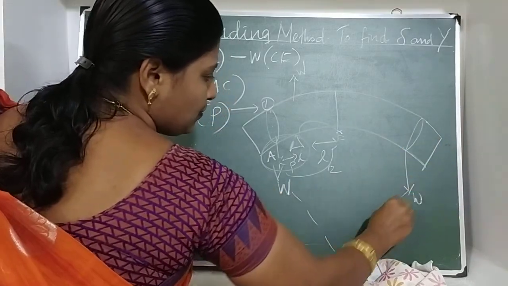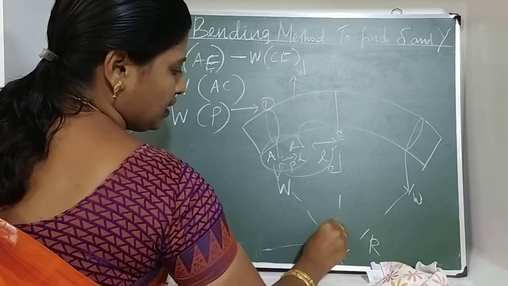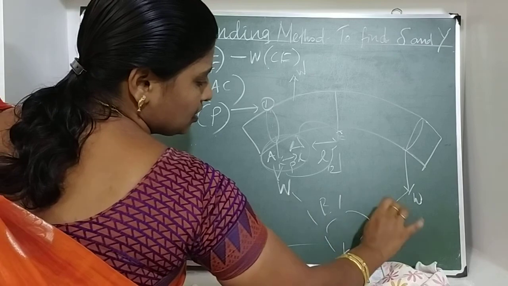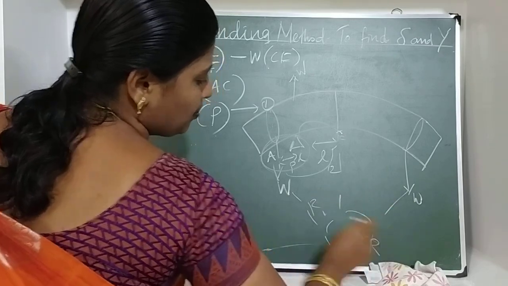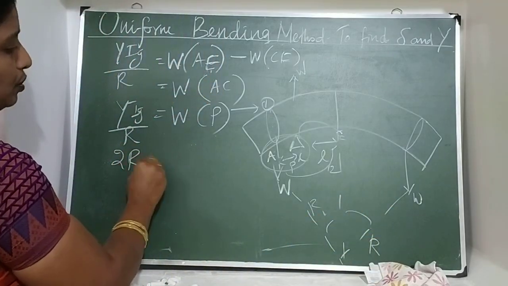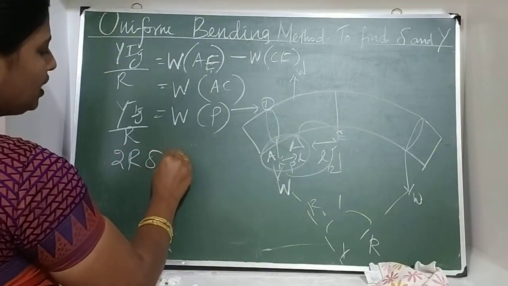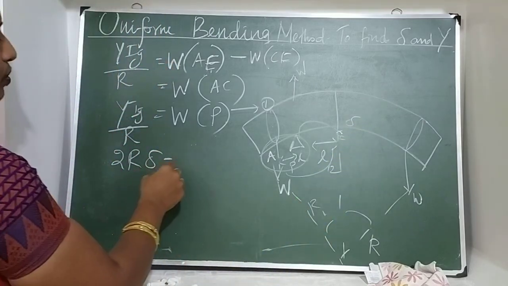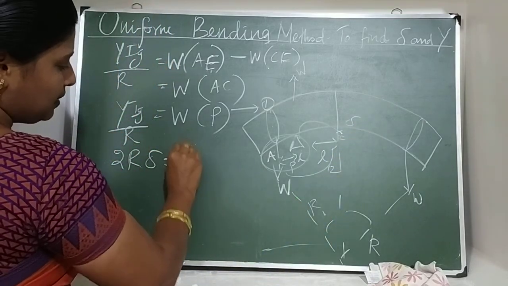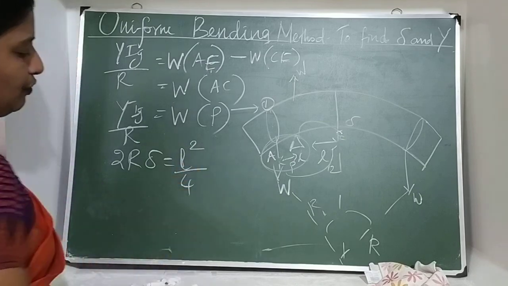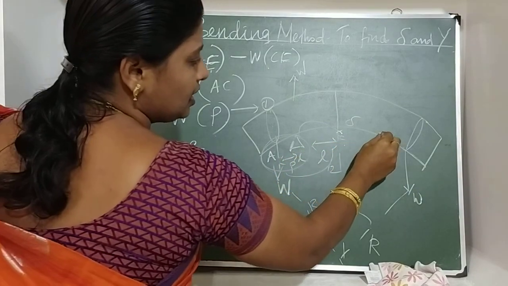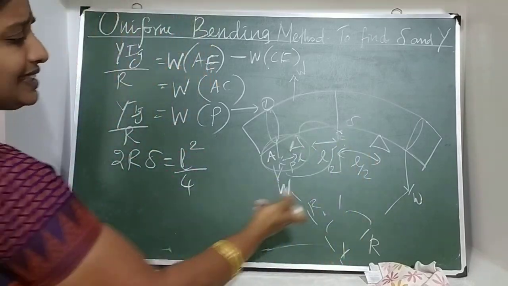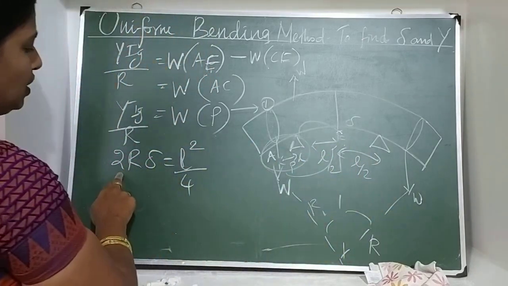This is the radius of curvature, that is R. This one is angle theta. This side is R, this side is R, both sides are 2R, 2R delta. 2R delta equal to, by the elevation, L square divided by 4. L by 2 is the distance from the knife edge to the midpoint, this half is L by 2. This side delta 1, this side delta 1, two times, 2 delta.